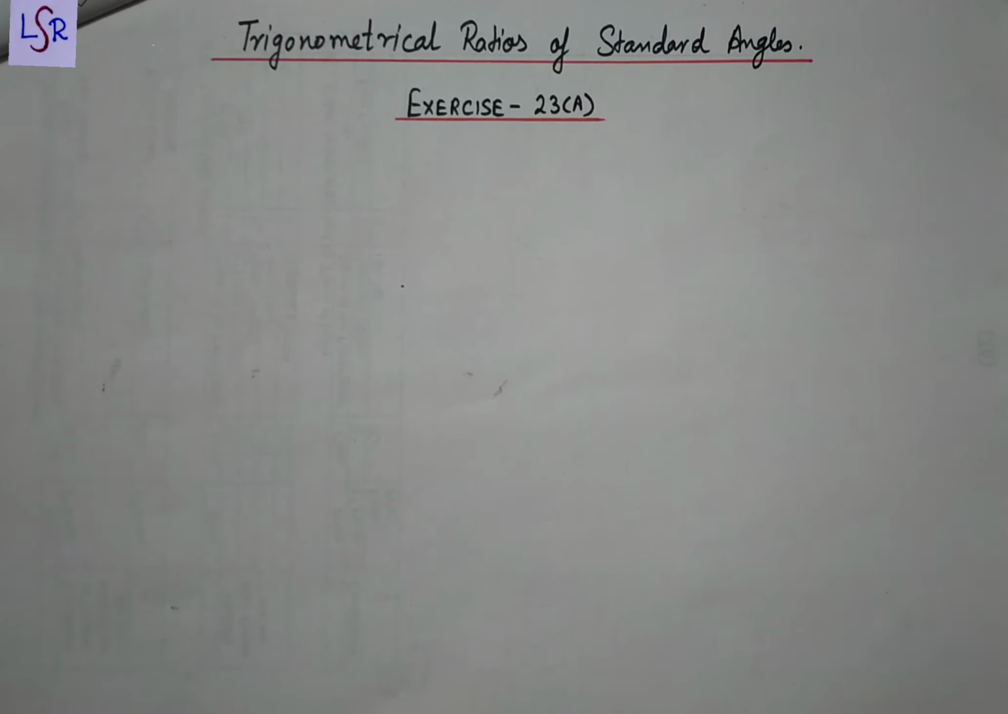Now let's start with the video. Here we start with exercise 23A of the chapter trigonometrical ratios of standard angles. Now let's see question number 1. You have to find the value of... Now here we are having one question,